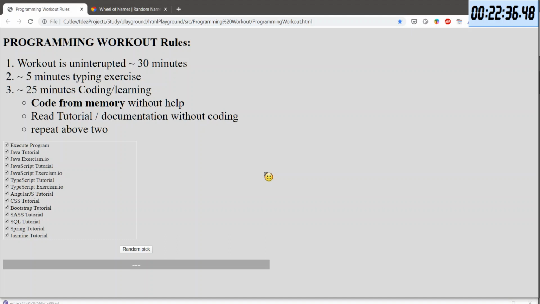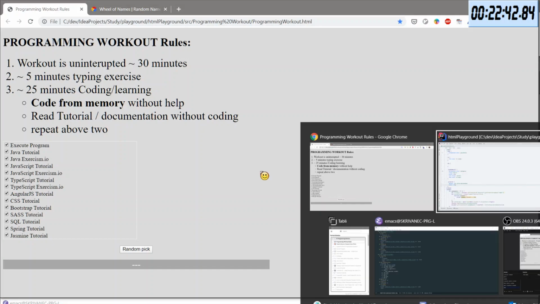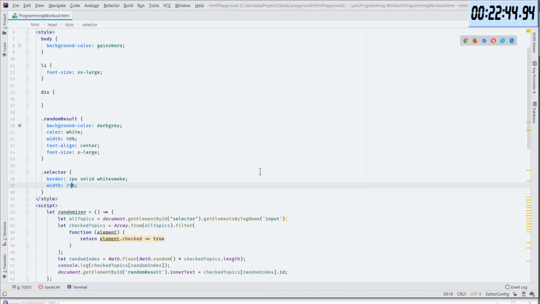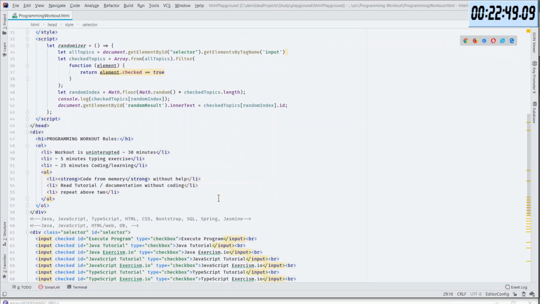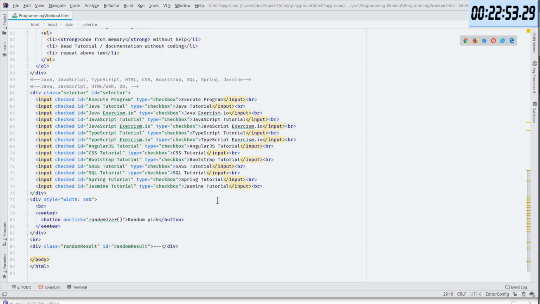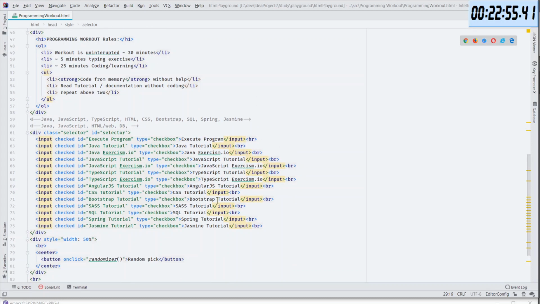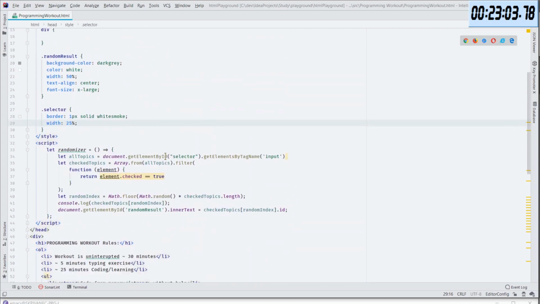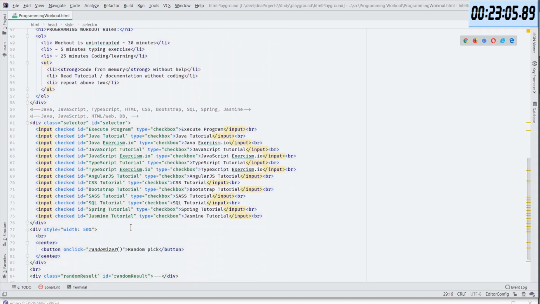Okay, so that sounds good. So first of all, we will do this thing, and that would be to split it into 4 things. So the selector will have an inline style.